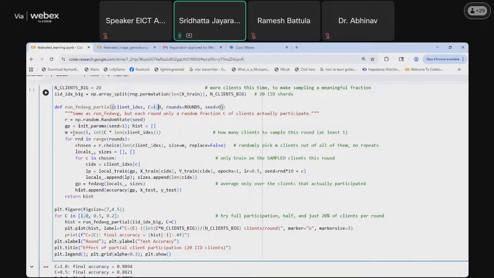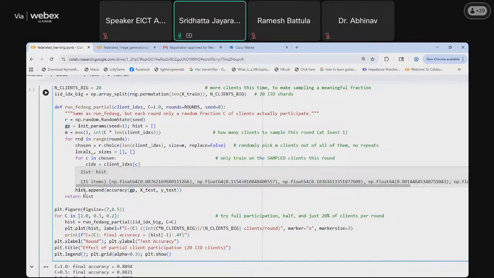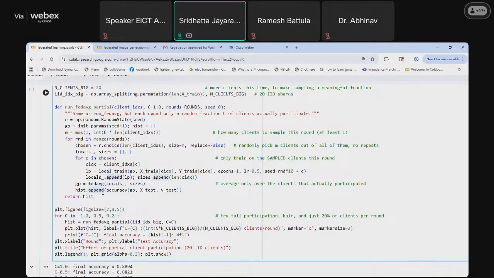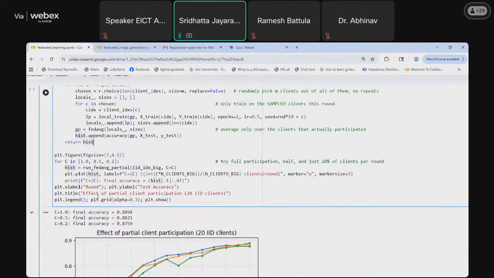And then for those number of clients, we'll be performing the Fed average algorithm. The Fed average algorithm will result in global parameters, and those histories will be saved and then returned back. Coming down, we'll be plotting those things.